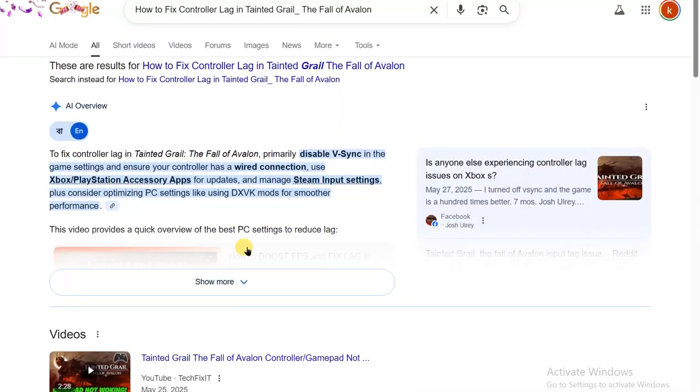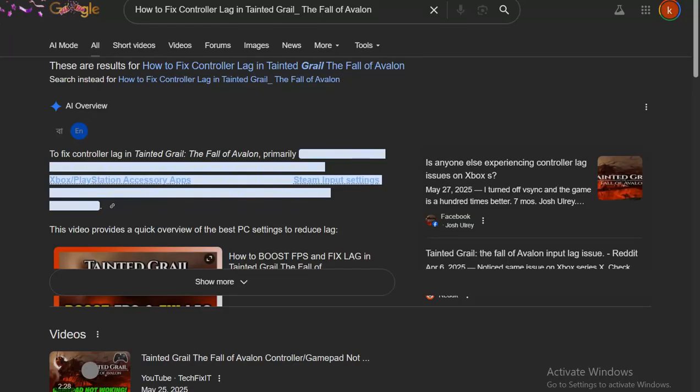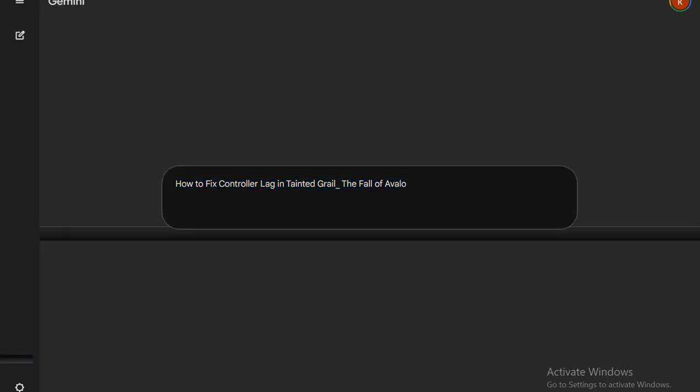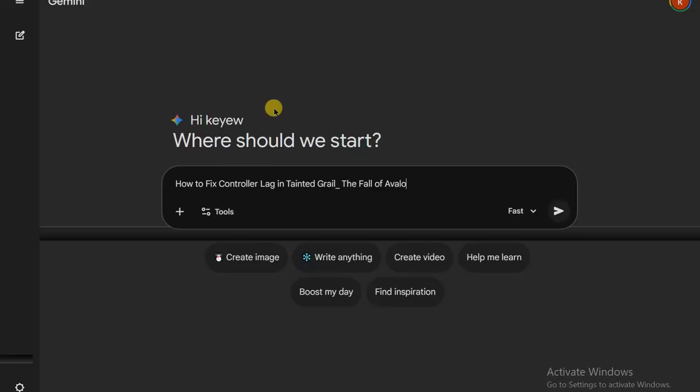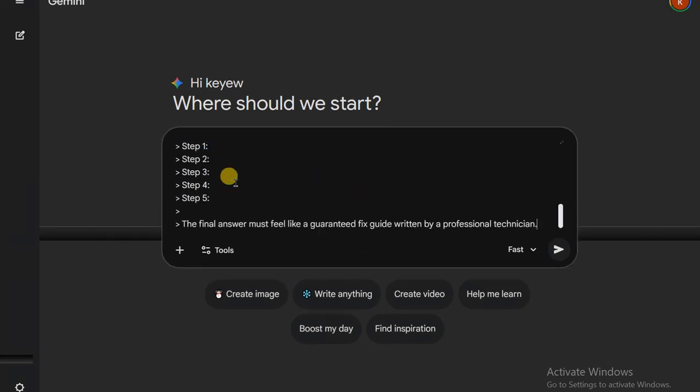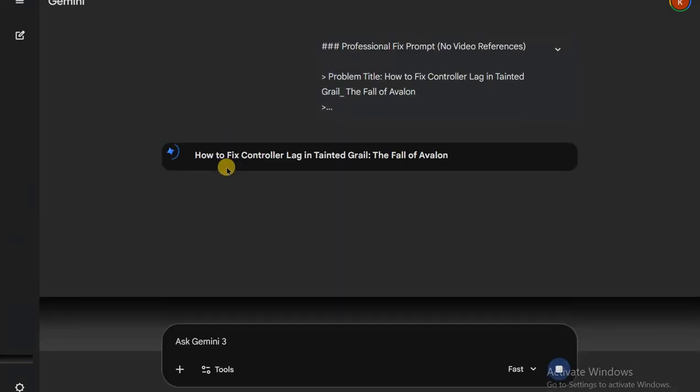Many solutions online are long, confusing, and hard to follow, asking you to tweak hidden settings, reinstall drivers, or change system files, which can be risky and time-consuming. But today on Rexist, I'll show you a secret easy trick that fixes controller lag quickly and safely in just